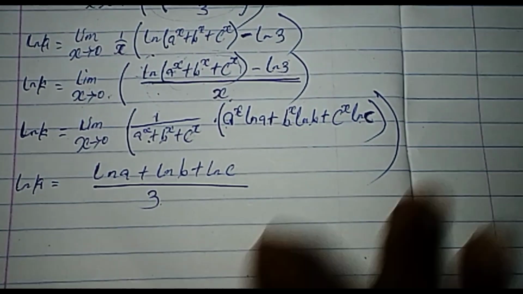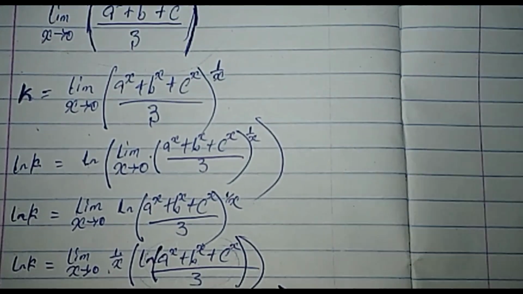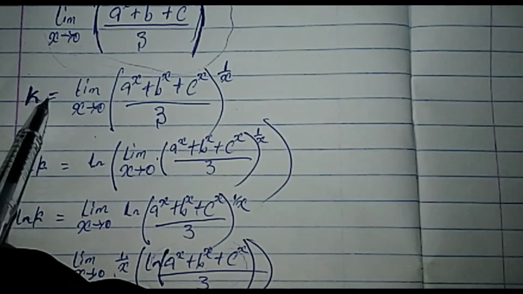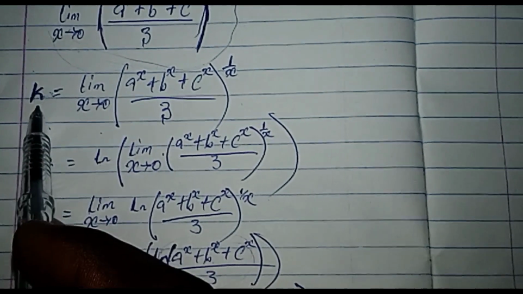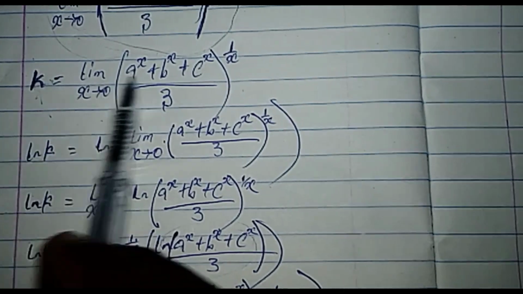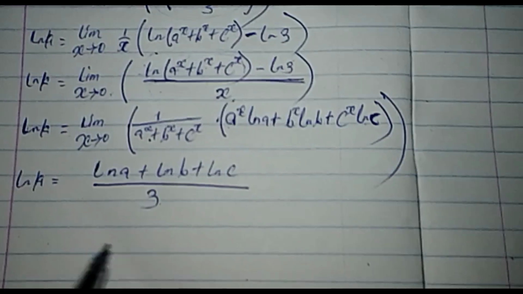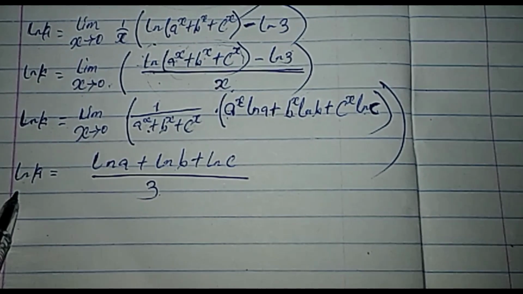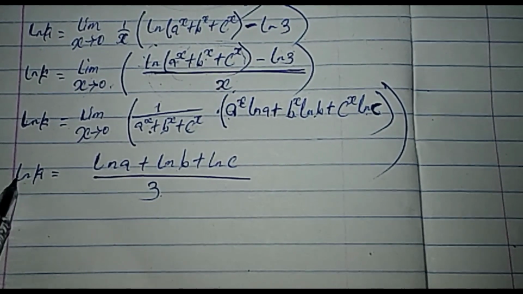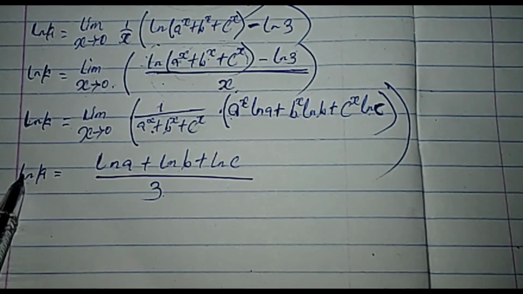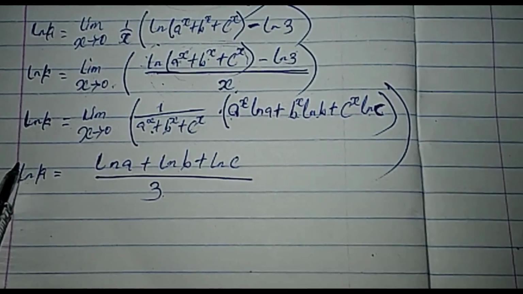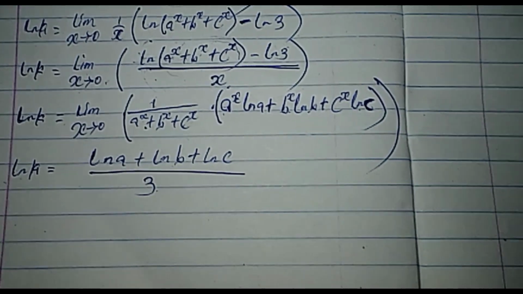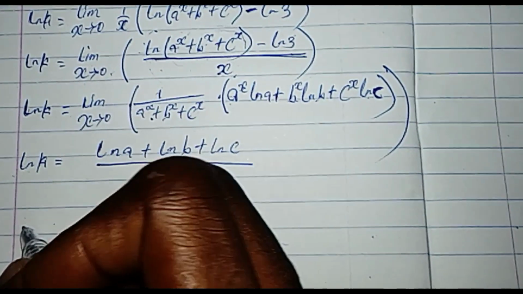But we were initially asked from the beginning to look for this. And we already know that this is equal to k, according to what we made it to be. We made it to be k. So we are to find k and not ln k. The only way we can actually find k from this is to say e raised to the power of this, because when you raise this to the power of e, it cancels out the natural logarithm. So we say e to the power of ln k